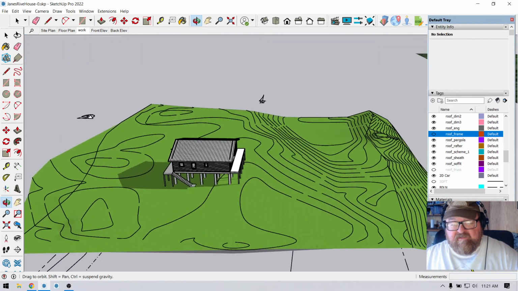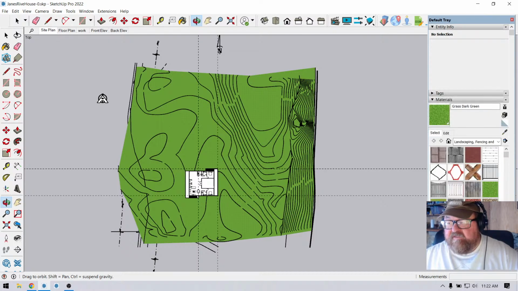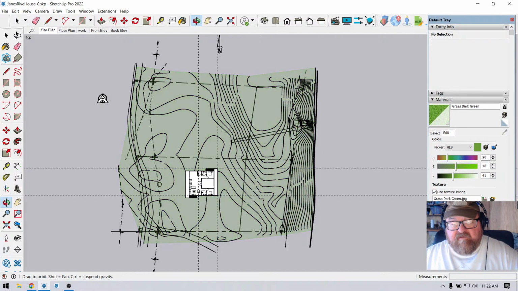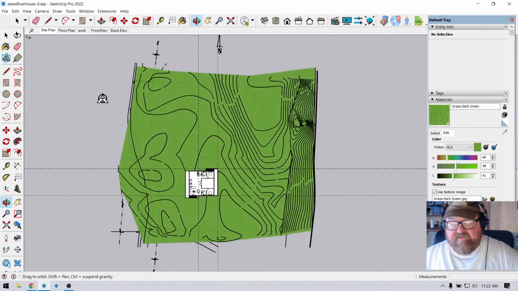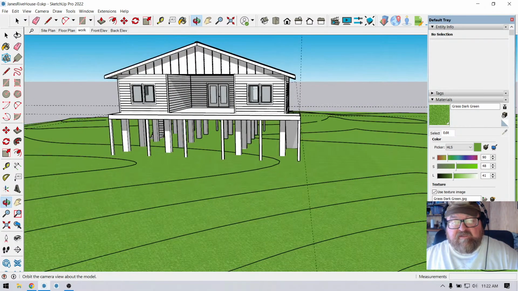Otherwise the CAD environment's kind of dull and boring. If I were to put this on my site plan, I had that material so you could see through it. I accidentally changed the opacity so I could work. But when I do the site plan, it'll look more like that, and I'll turn the topo off also. But when I'm working, it's nice to have that. So I have this work view I use. What I'm doing right now is